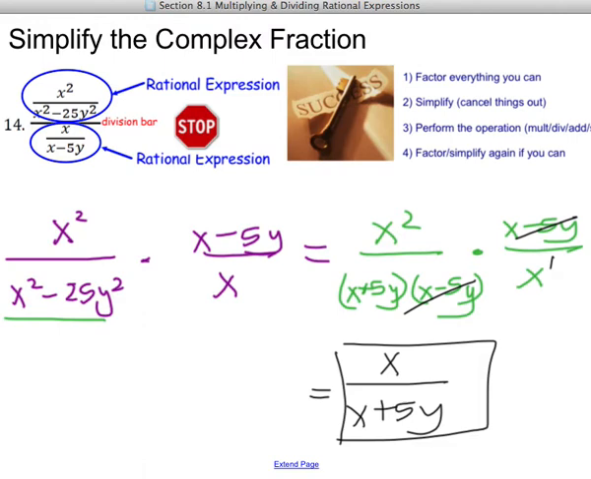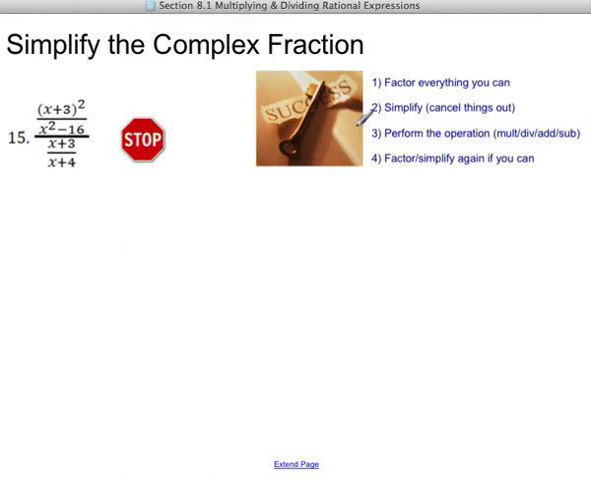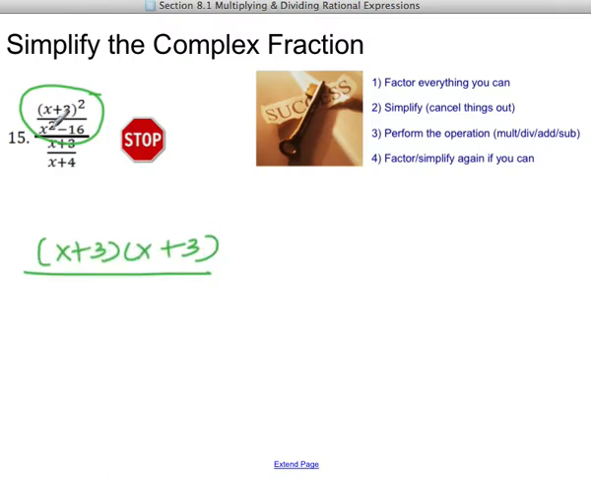Example 15. Once again, it's a complex fraction, so let's go ahead and rewrite it. In the process, let's also do the factoring. So I'm going to put the left-hand side, x plus 3 squared, it's really x plus 3 times x plus 3, so I'm just rewriting it out, all over x squared minus 16. That's a difference of perfect squares. So it's x minus 4, x plus 4,